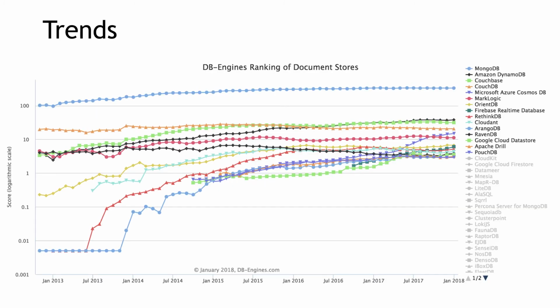When we take a look at the trend of the databases and how popular they were, we see that MongoDB naturally had a head start and is very popular. And we have to remind ourselves the ordinate is specified in log scale. It's not a linear scale. So as you can see, this is significant because this means 300 and this may actually mean just 30 here. So don't confuse this particular table, and MongoDB really stands out here,